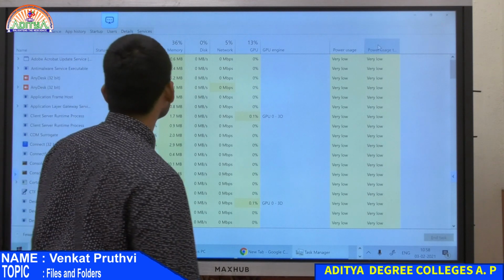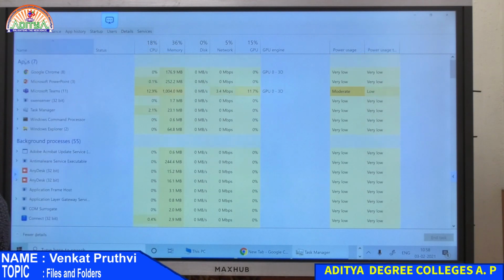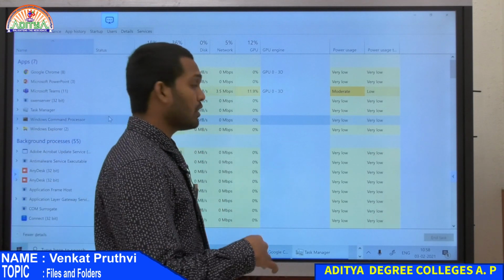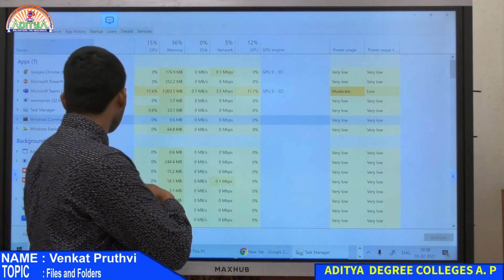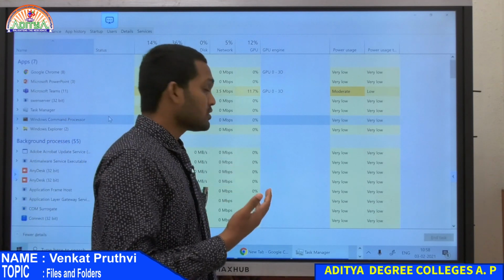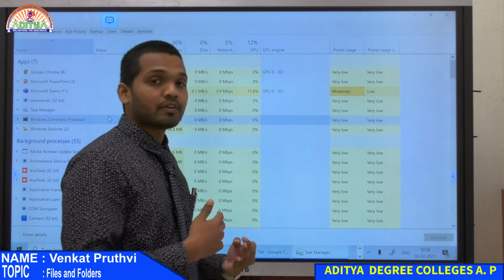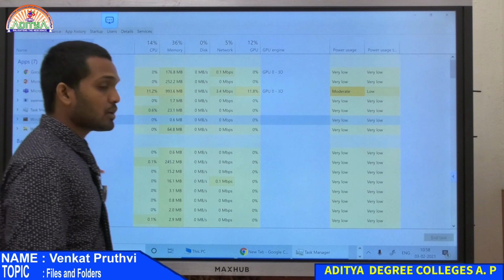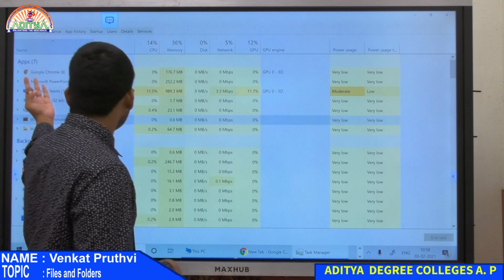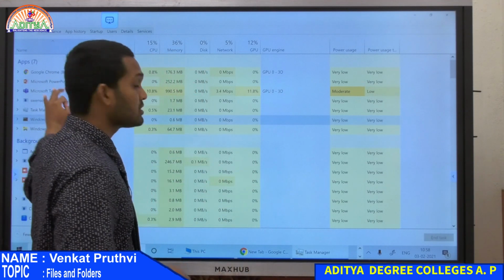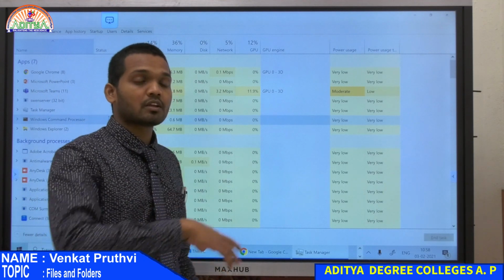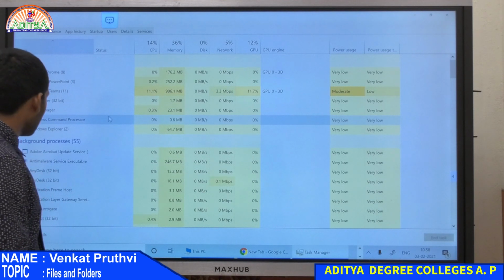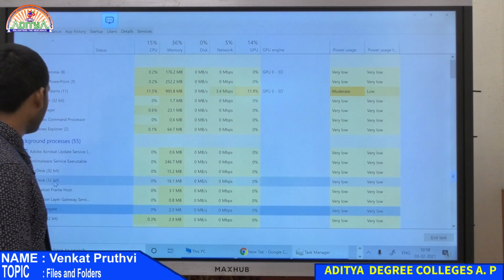Along with that, you are also able to see the background processes that are running. Not only the tasks or applications that we open; along with that, there are many applications or programs that auto start when you start your system. These applications also have their part contributing to the applications that we open. Sometimes when we open an application, it requires the help of other applications, so the other background processes start, and they help in completing their processes.